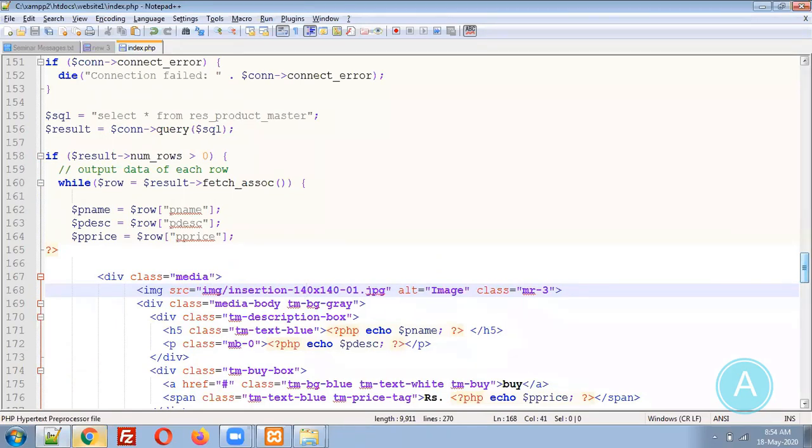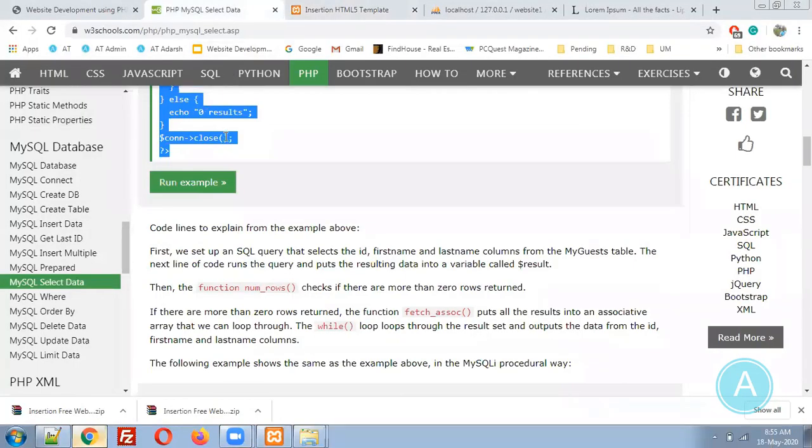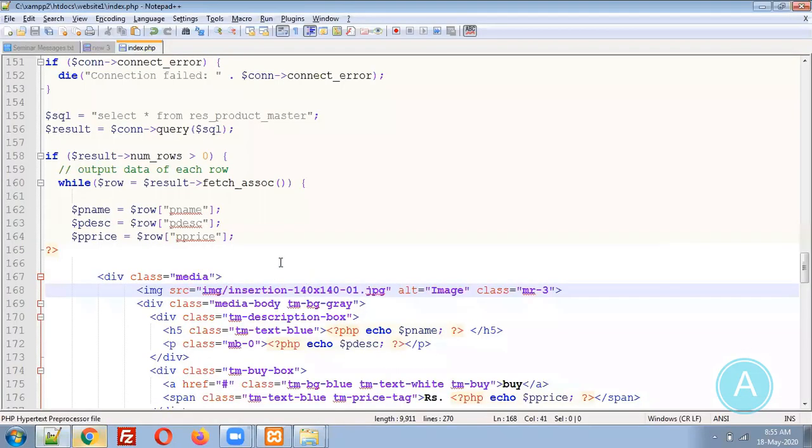So my point is that just remember where to copy the code. You can copy the code from W3Schools. You can copy the code from Stack Overflow, but remember, Stack Overflow has thousands of code. What you want, you should know first. If you know what you want, then you need to find the exact code which can help you with very few changes.